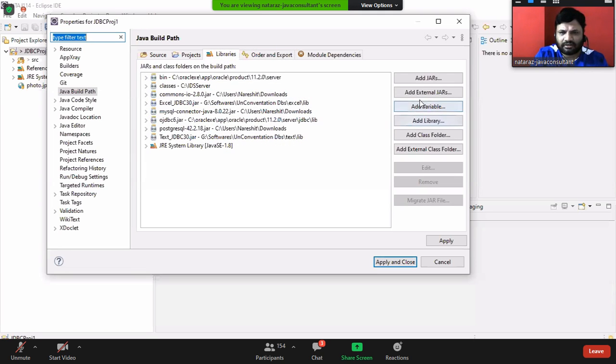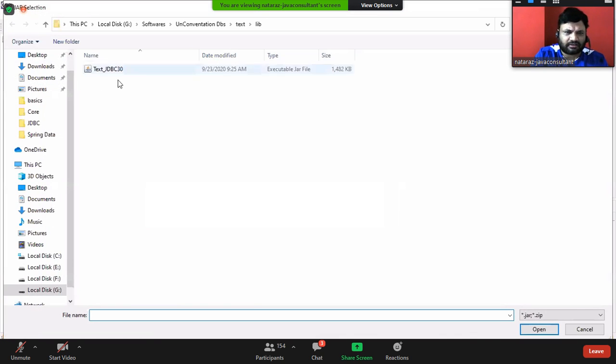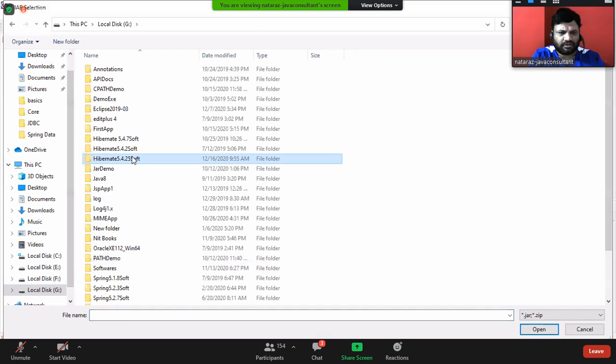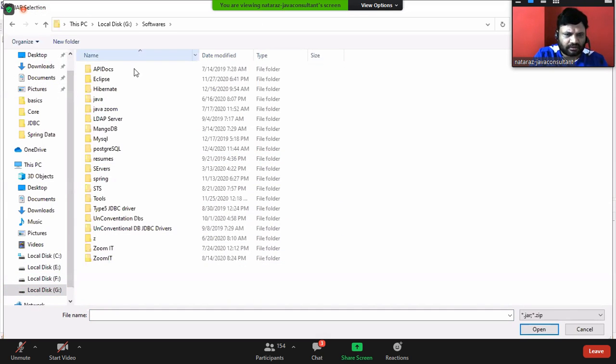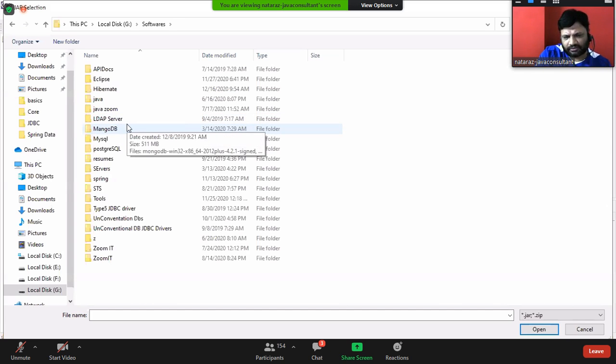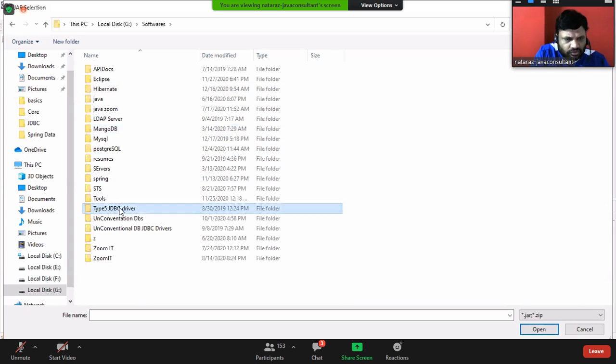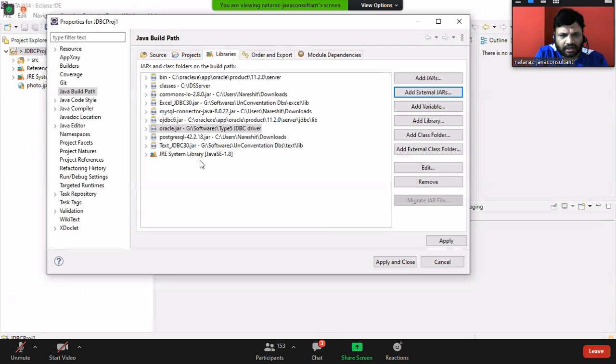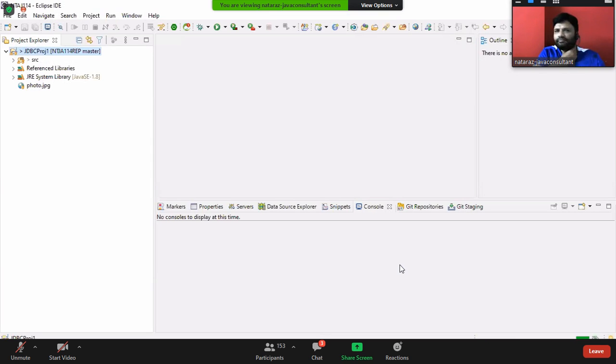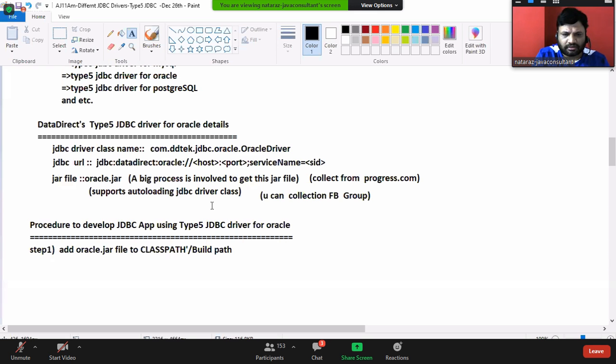Libraries, add external jars, G drive softwares. Next. Type 5 driver Oracle.jar. Apply and close. Then what is the next one?